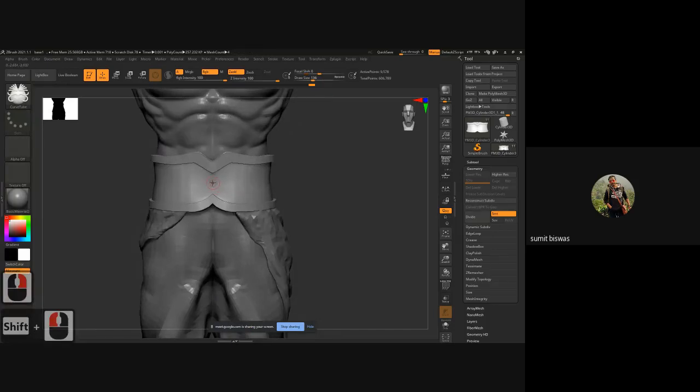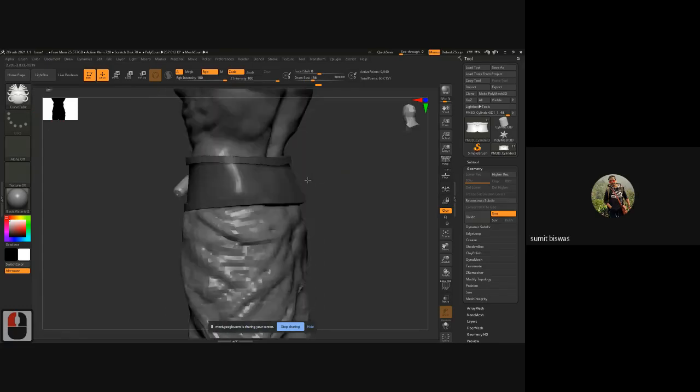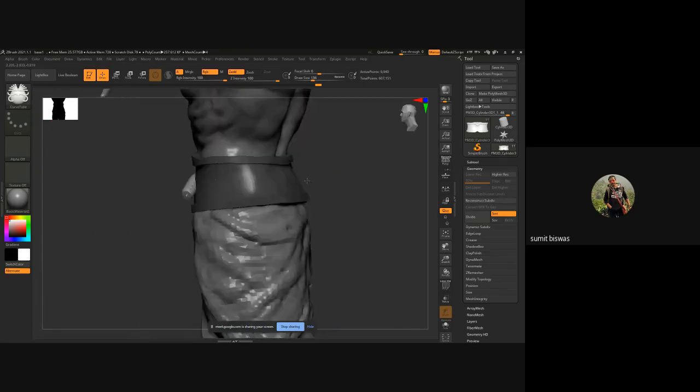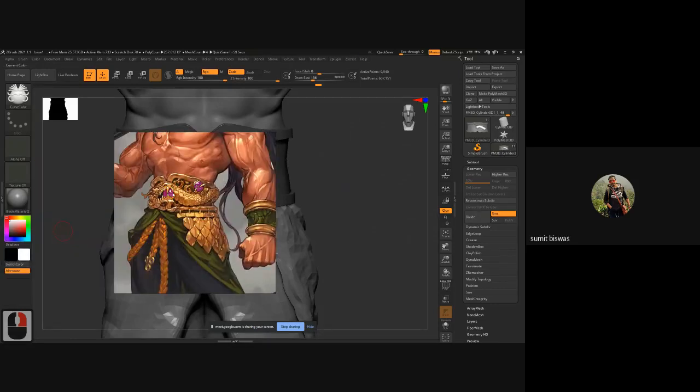Let me see. With the curve tube brush, if I drag it, I can create this curve directly on the surface very easily. You have all the design elements: this dragon, this gemstone, all this armor, this shell kind of pattern. Everything we have to create in a separate subtool for better control. So try to use multiple subtools rather than create everything together. You can keep this entire section together, it's fine. Try to keep this thing separate.